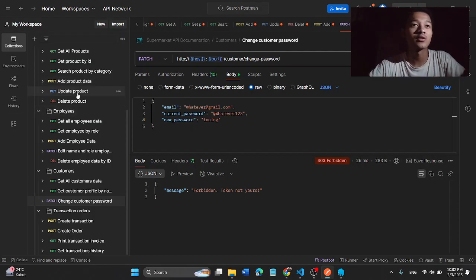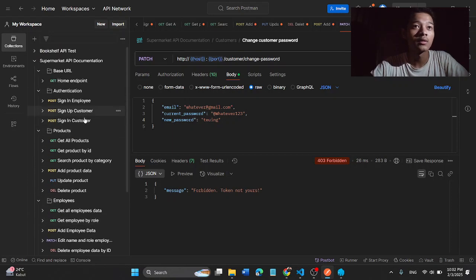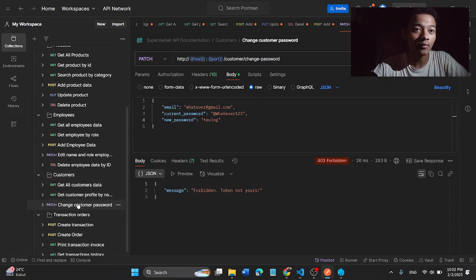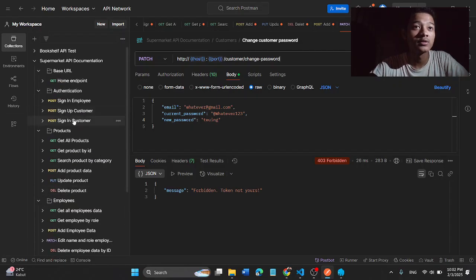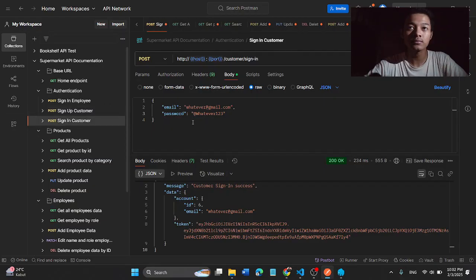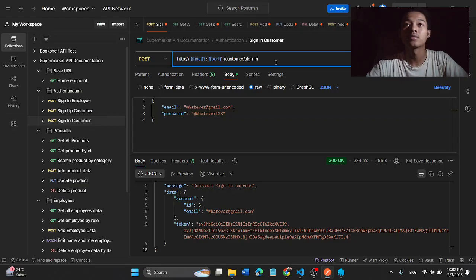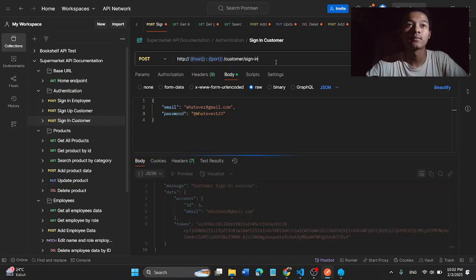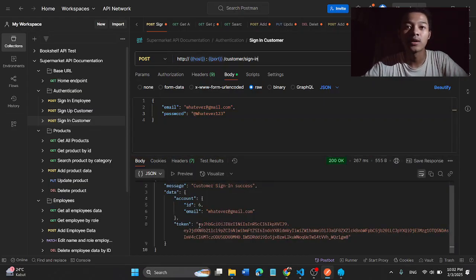So let's try to log in first. Login customers, this one sign in customer, and we will log in as the whatever account. Login again here, and we got the token.